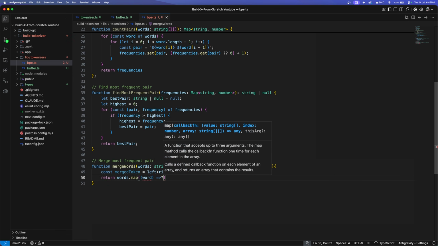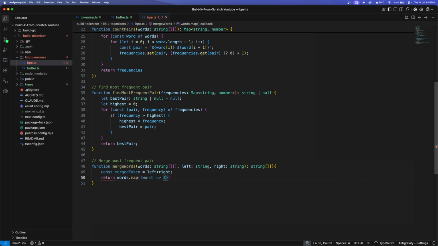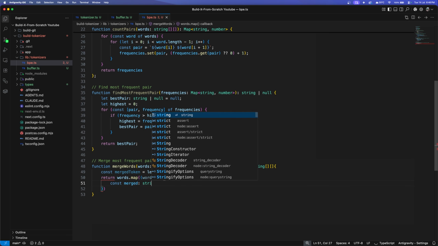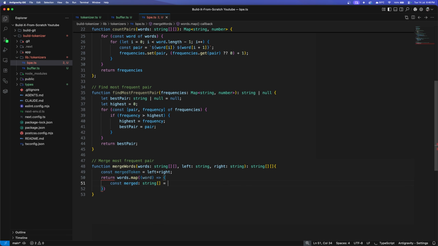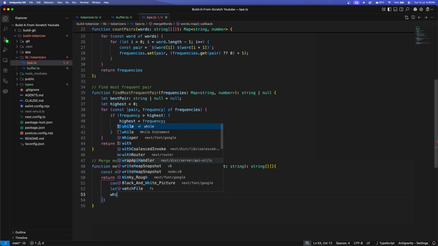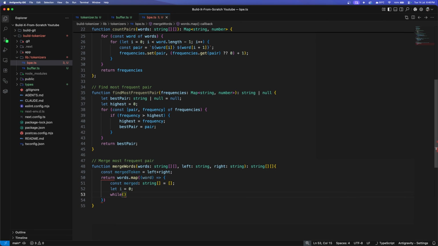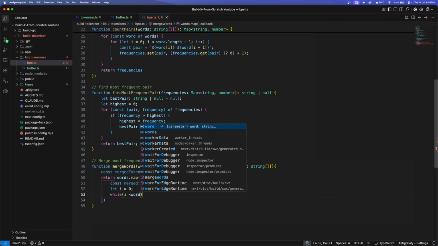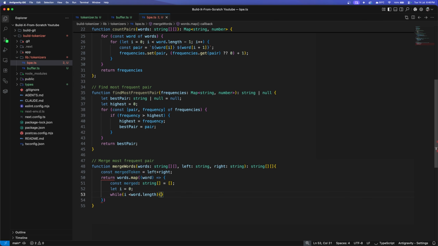Then we'll have a variable called word, which will firstly get the merged string here, which is an empty string, because for every input that we have, we'll need to have an empty string. We can't directly append it. We'll have an iteration value i as 0, and we'll loop using the while loop, saying if i is less than word.length,